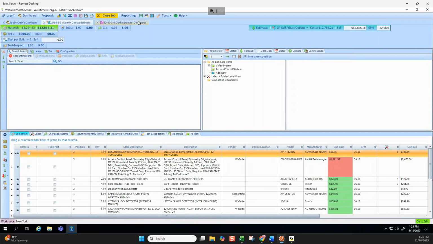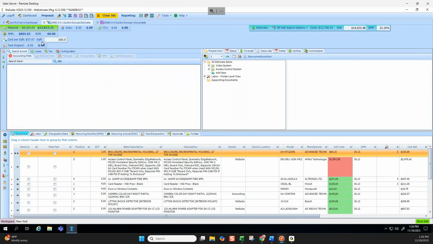Okay. Some other navigation in the dashboard of the job itself. We've added a couple new toolbars here. You'll see a new square footage toolbar was added. It will allow you to enter a number of square feet. So I can say 500 square feet, and then it would automatically calculate the cost per square foot by dividing the sell price by 500. This was added for some branches that